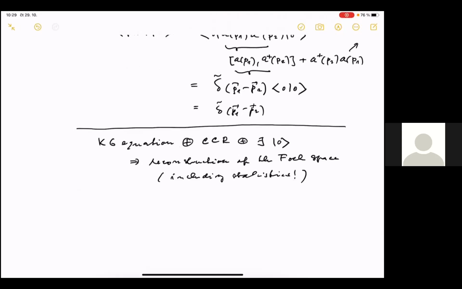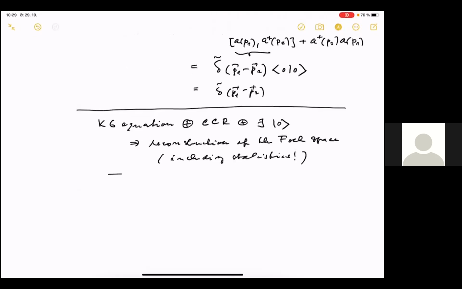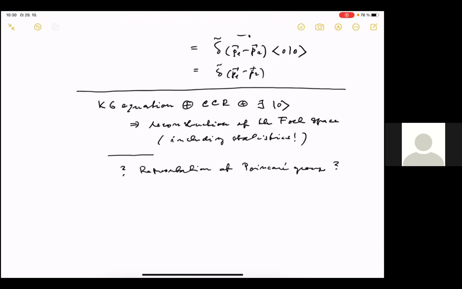But what we haven't yet is the representation of the Poincaré group on our Hilbert space, since up to now we have reconstructed only part of our complete local scalar field theory. So what is missing is the representation of the Poincaré group. And this can be obtained by postulating the action of our representation of the Poincaré group on the fields, simply postulating that this is just the scalar field,